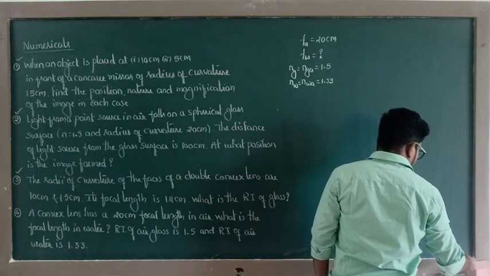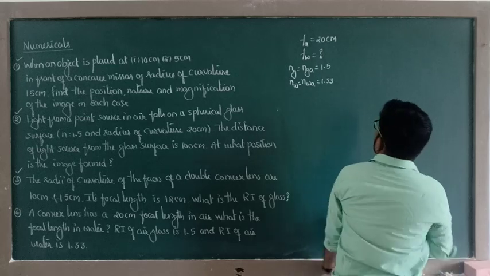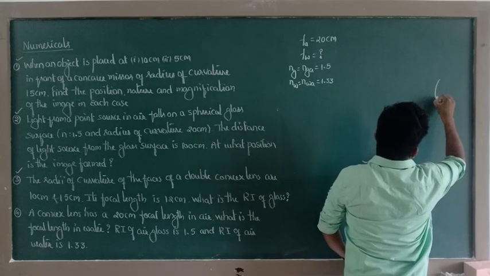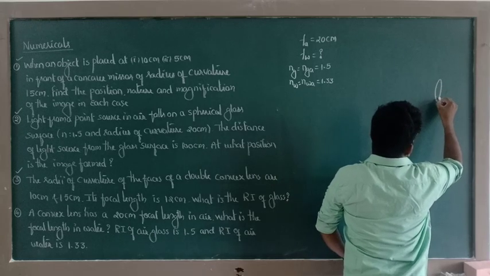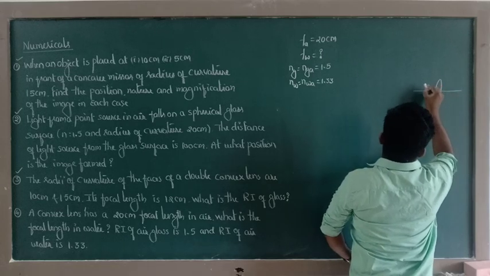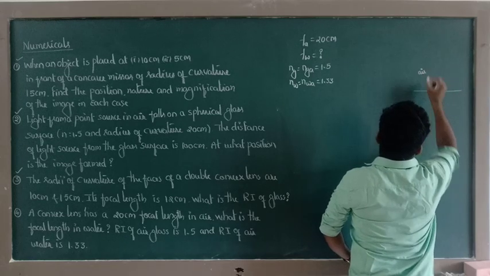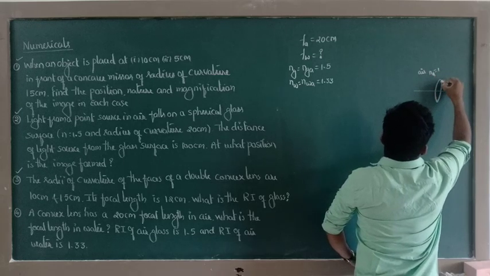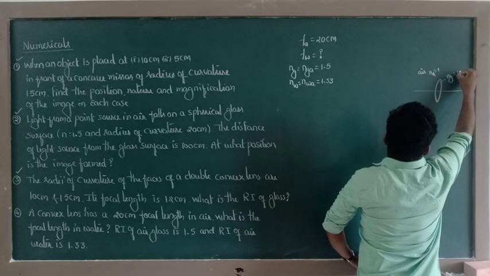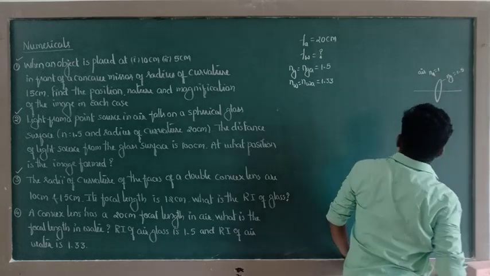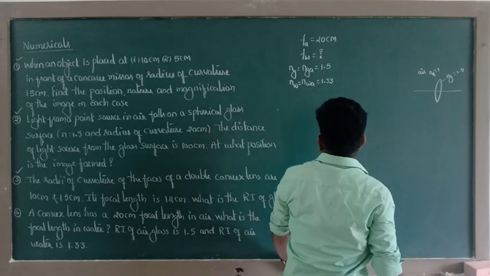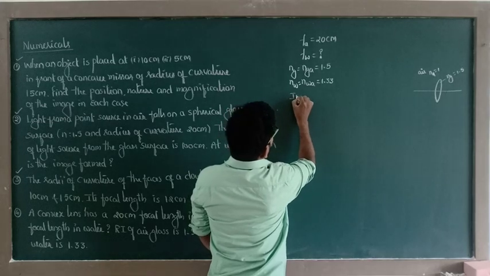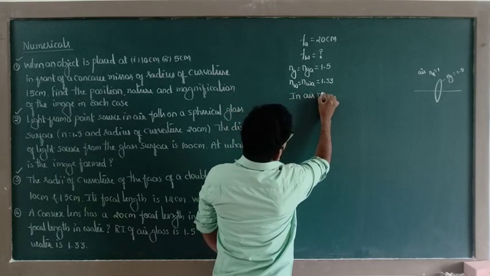At first, that lens is in air medium. So in case of air, now let us consider a convex lens. Now this convex lens is in air medium. So here N1 is equal to 1, air. So Ng is equal to 1.5. In this case, in air medium,